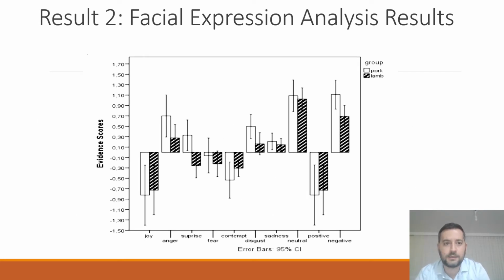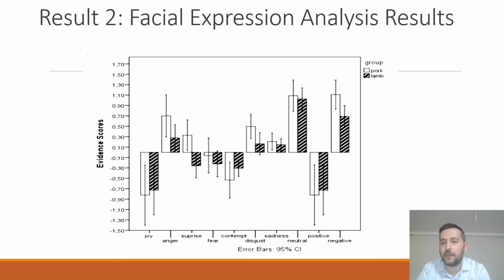So here the second finding is the analysis of the facial reactions. We're not focusing on all of the emotions, joy, anger, surprise, fear, contempt, but we are mostly focusing on the negative valence here and the disgust here. In this case, you see that this white line is the pork group, and the striped one was the lamb group. So you see that disgust is much higher in the pork group, and it's very slight in the